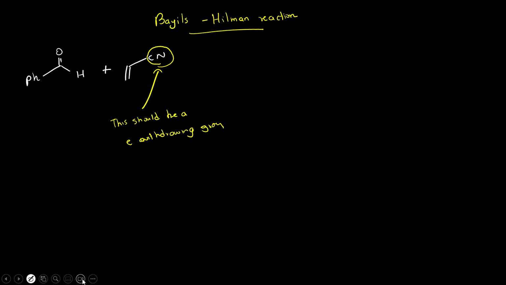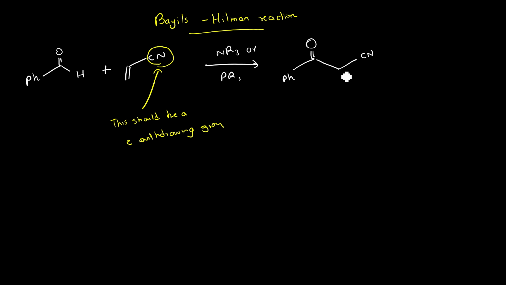Now we are going to put this under NR3, or you can use PR3. You know what the R means, right? R are alkyl groups. Okay, CH2CH3, likewise it can be an organic molecule. Now the product is this one. Here we have the Ph group, we have the CN group, and we have